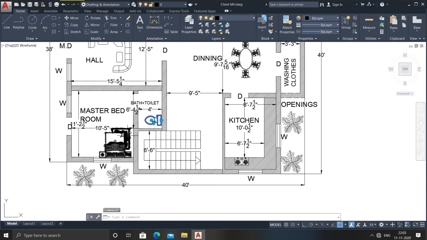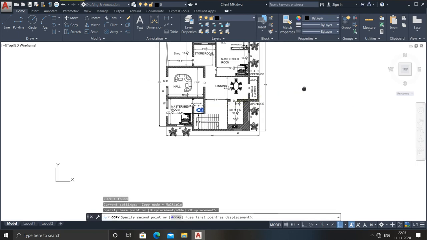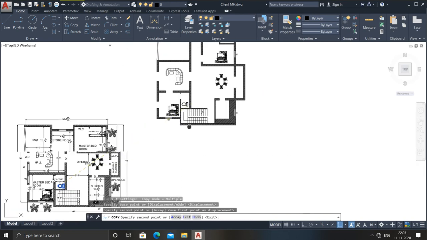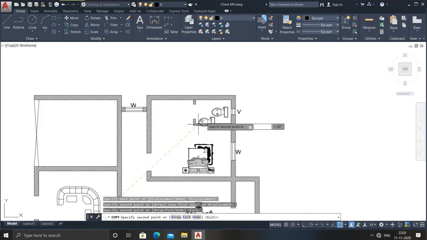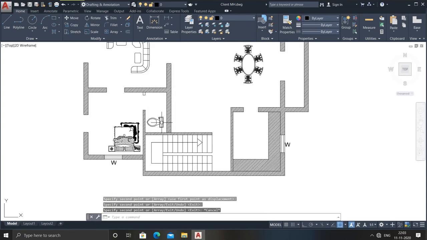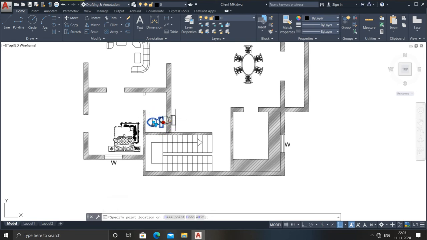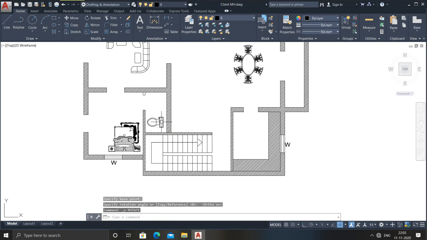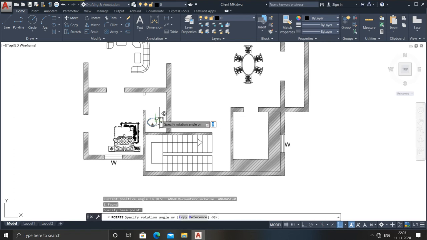This is the pan. Go for copy. I need to rotate it. No need to worry, I will do it. Just go here, click it here. Now you can see this item, right? This is mainly made for this, but no need to worry, just go for the rotate command, click it. Now for that you need to turn on your ortho, so click it, go for the rotate command, ortho should be on.